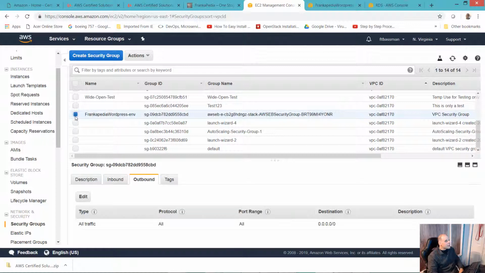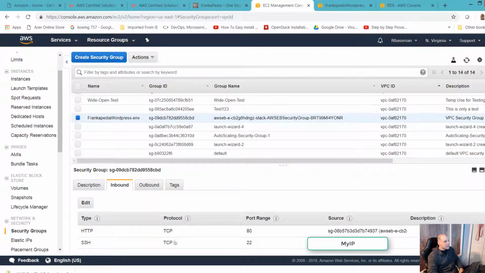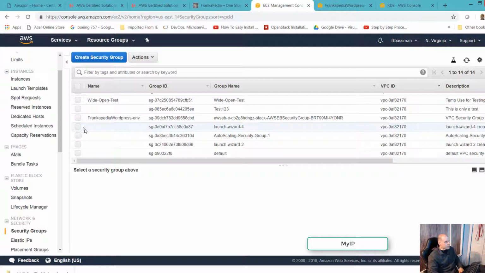And then if you look at this security group here, this was created by Beanstalk, and really all this one's allowing is access to the EC2 instance, and it has the load balancer security group here. Then this is defined so I can SSH to my EC2 instances from my laptop for administration purposes.